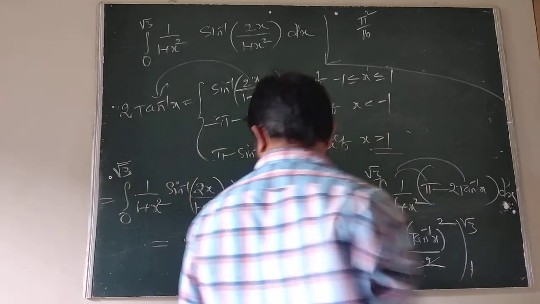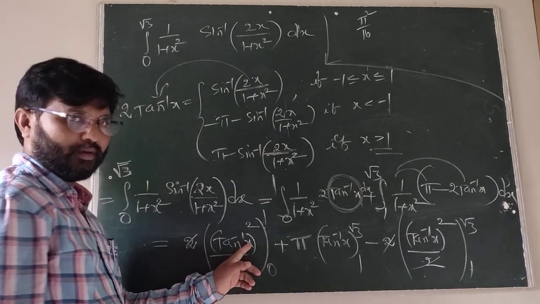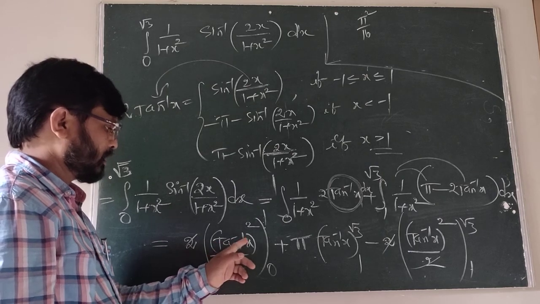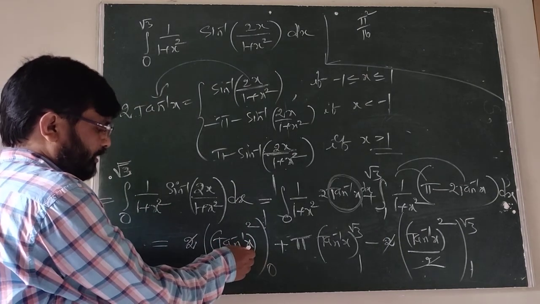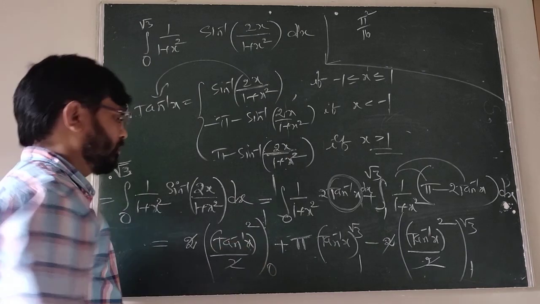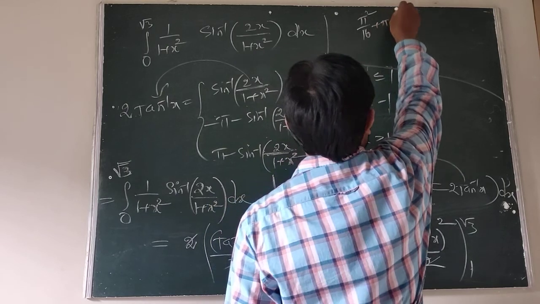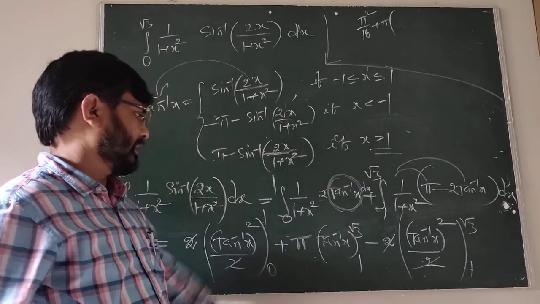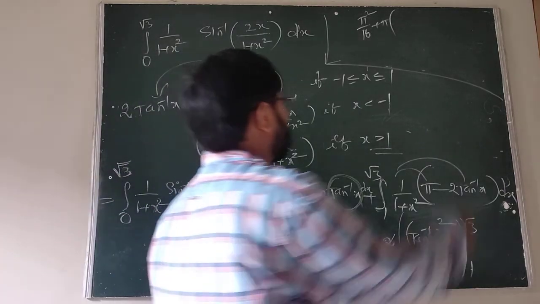All of you listen here. The simplification is, put x equal to 1. 1 is tan pi by 4. Tan inverse and tan cancel. Pi by 4 whole square is pi square by 16. When taking 0, tan 0 is 0. That is 0. Now the next step is pi into, we can take root 3, which is the value of tan 60.